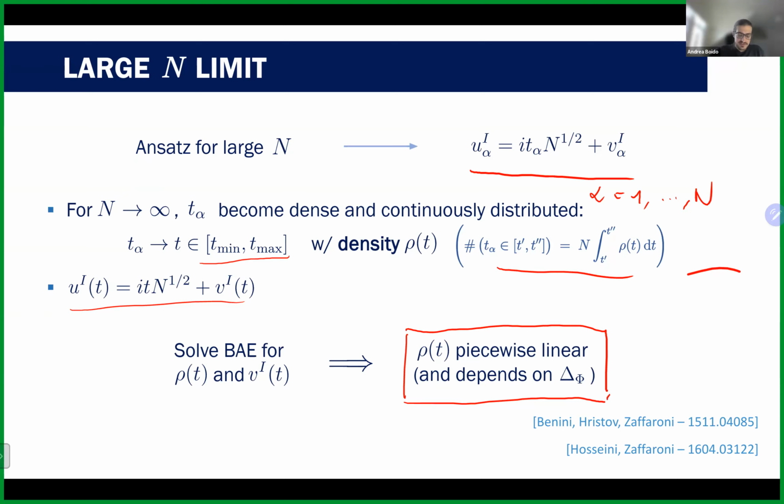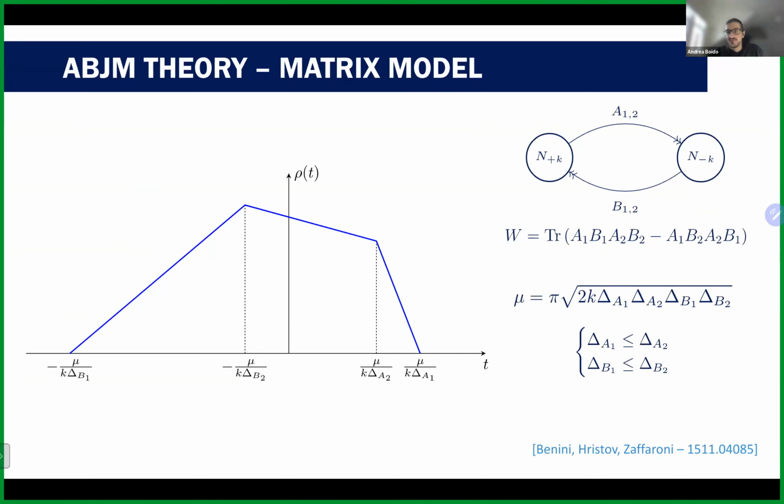Now, this may sound a little bit abstract, so let me show you for ABJM what the result is. You do all what I said for ABJM, and you find that this function of tau is this nice function here. I'm not displaying the full expression because it's a bit involved, but it doesn't really matter.